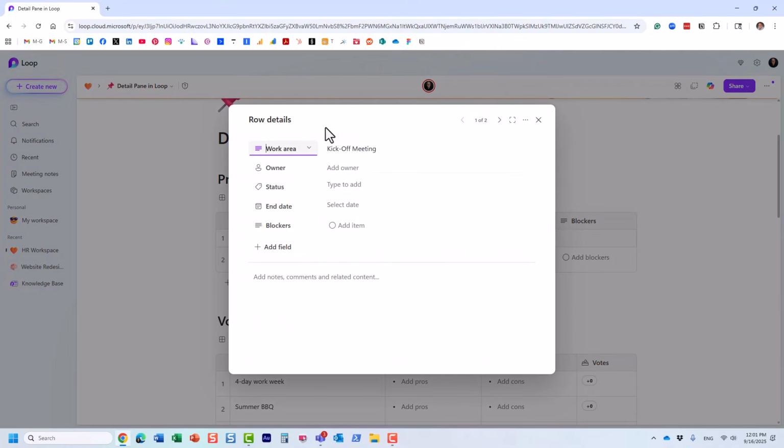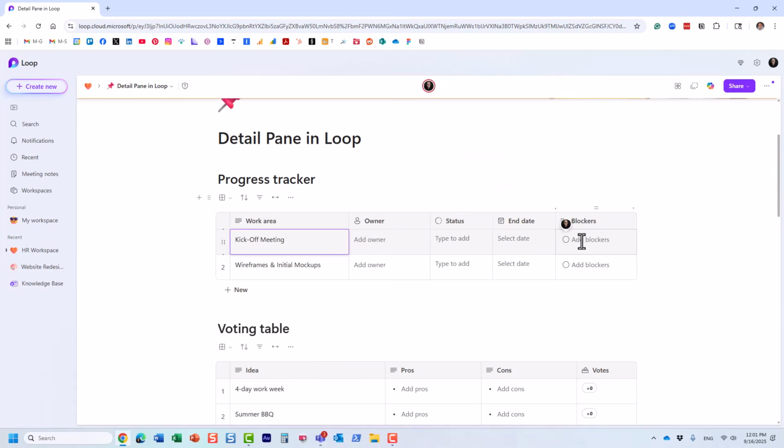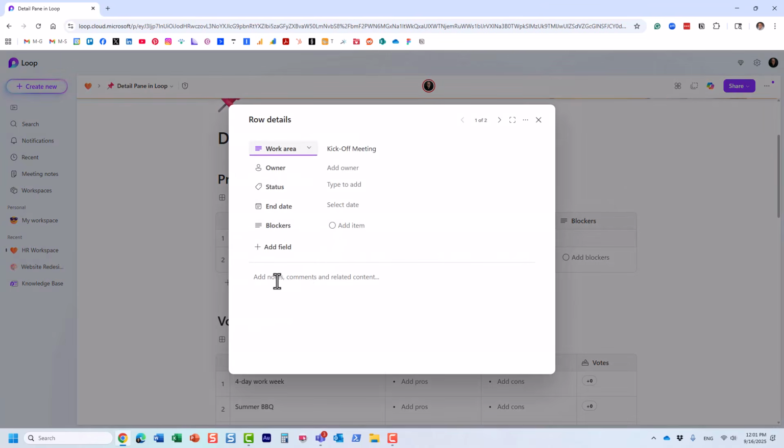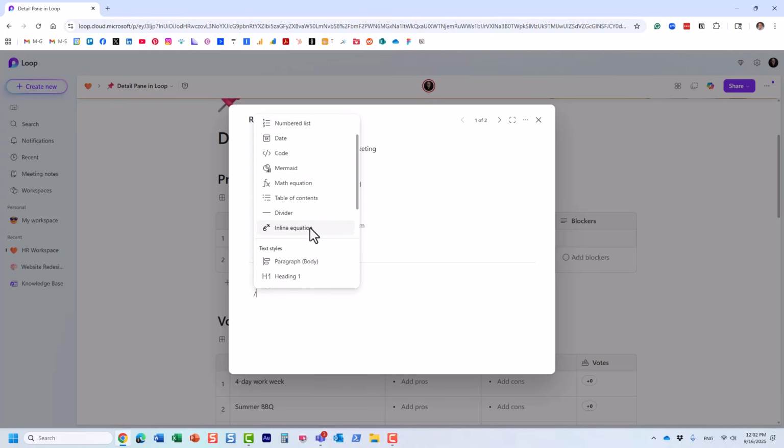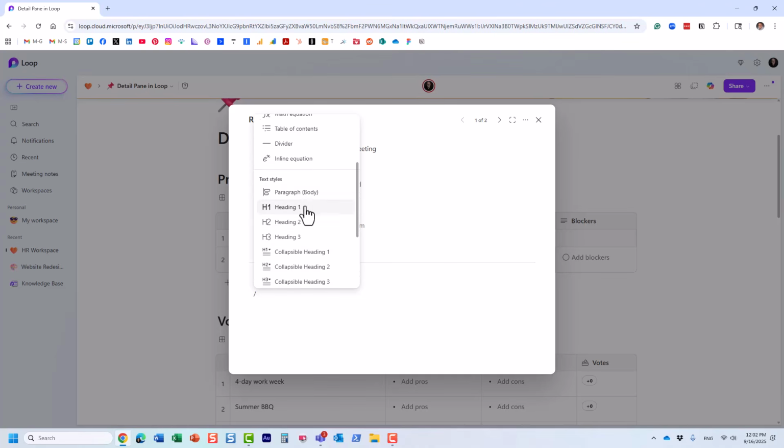If you click on it, you get to see pretty much the same kind of fields you get to see in here. These are pretty much the columns from the table. But in addition to that, you also get to see this section at the bottom. And first of all, you can type in the text in here. But what I really love about this extra detail pane is that you can type in the /, just like you can type it on the regular loop page, and you will get to see all this additional components